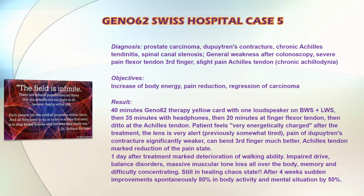Another patient from this study was suffering from prostate carcinoma, Dupuytren's contracture, chronic Achilles tendinitis, spinal canal stenosis, and a general weakness after colonoscopy, with severe pain in the flexor tendon of the third finger and slight pain in the Achilles tendon. Objectives were an increase of body energy, a pain reduction, of course, and a regression of the carcinoma. The result was that 40 minutes of Geno62 therapy with a yellow card with 1 loudspeaker, and then